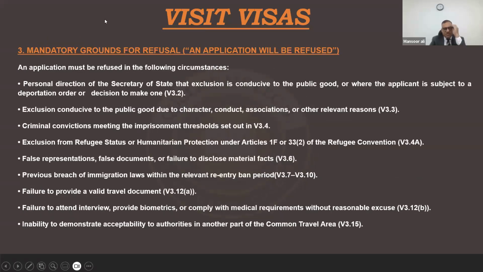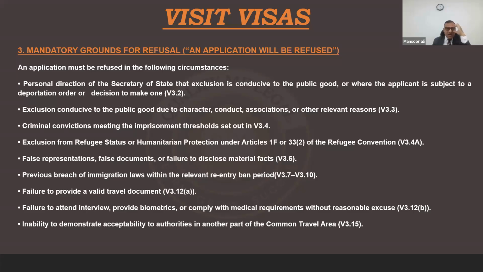So the first is suitability criteria. The second important thing which the caseworker would foresee is mandatory grounds of refusal. Mandatory grounds of refusal are basically those refusals where the Home Office would straight away refuse your application because, as the name suggests, they are mandatory in nature. So you need to measure your application, or your client's application, to see if it is falling under any mandatory ground for refusal. You need to have a look